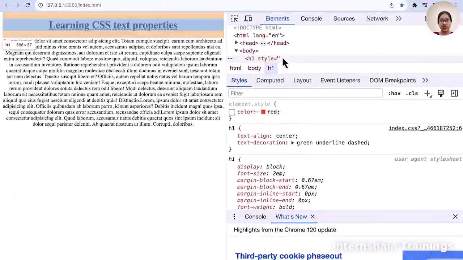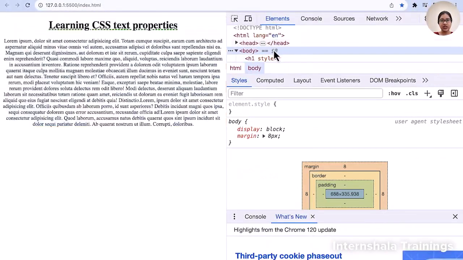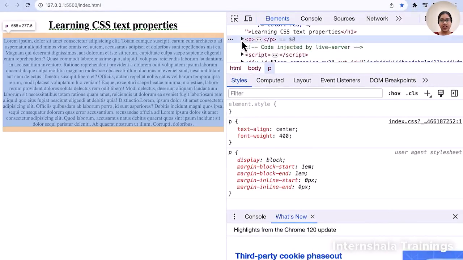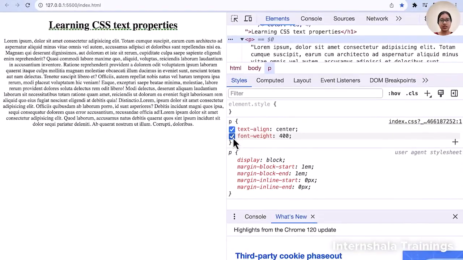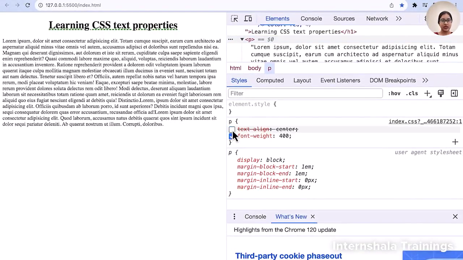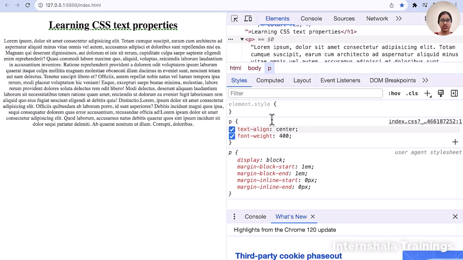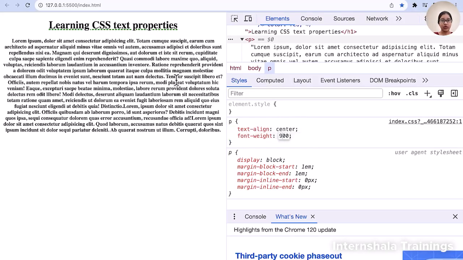So let's check this property here. If you check this bold property inside the paragraphs, font weight is 400. These are the tick boxes which are present. If you just uncheck it, it will remove this property. Otherwise, it will check this. Like this, if you remove this text align, otherwise it will put this text align. If I want, I can just try to make it 900. So it will become more bold. Can you see the difference? And then again, it will reduce. So whatever weight of the font you want, you can put that weight here accordingly.